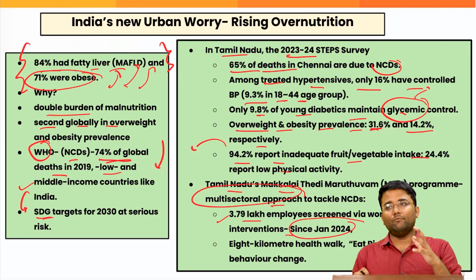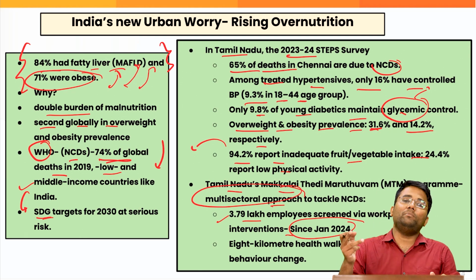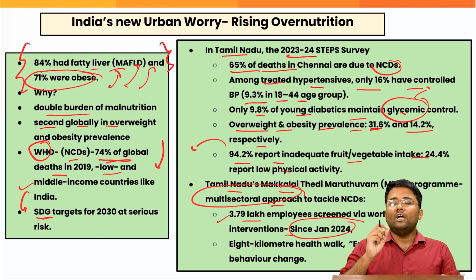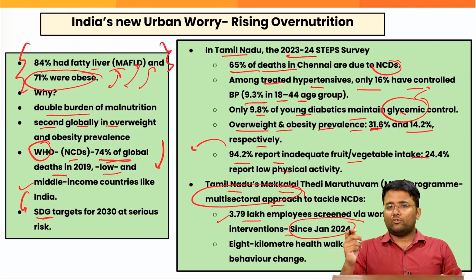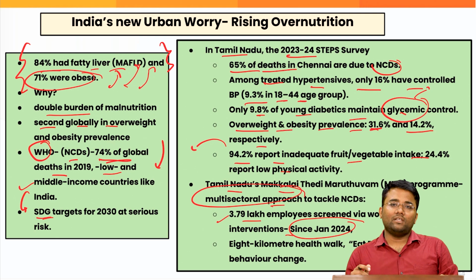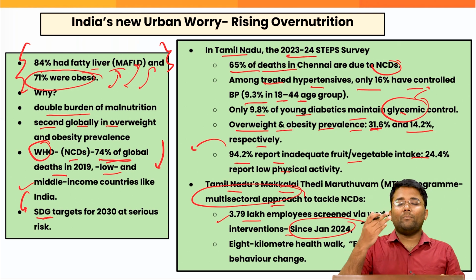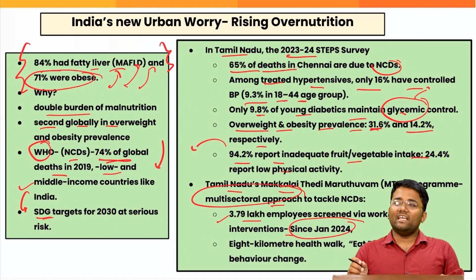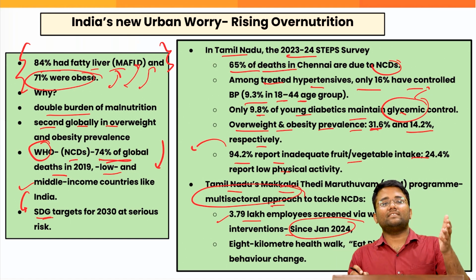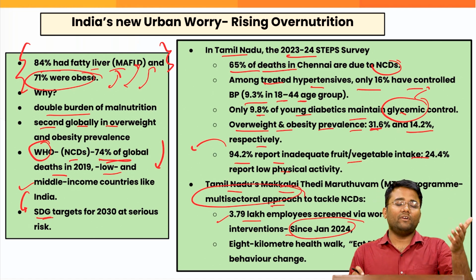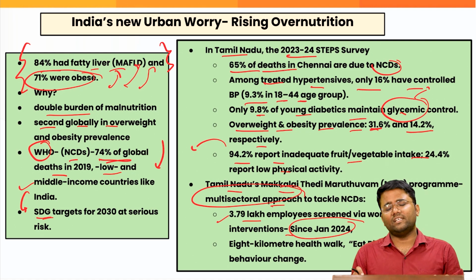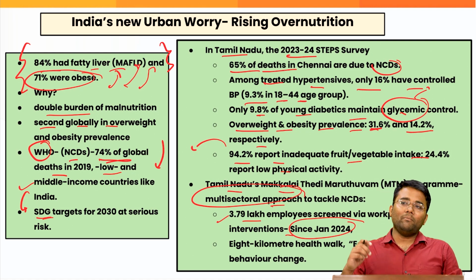Now, let's try to understand the importance of this, because this can lead to behavioral change. Tomorrow, if someone tells you that a certain indicator in your body is not good, for example, your BP is not good or your vitamin intake is not good, and they give you a proper report after a blood test or a test of BP, sugar, etc., they can recommend something: please increase the intake of fruits and vegetables, or take some vitamins after consulting a doctor. So that may lead to a behavioral change.